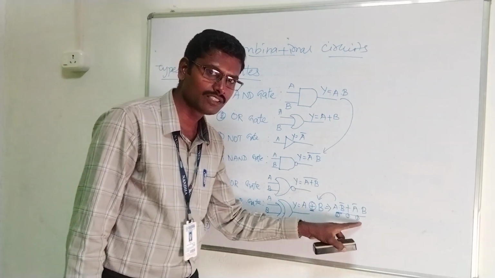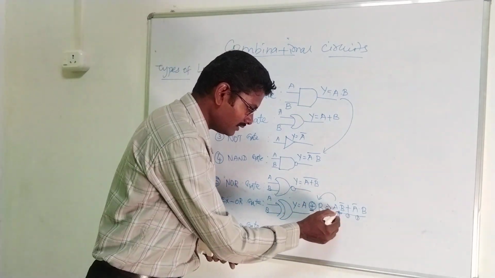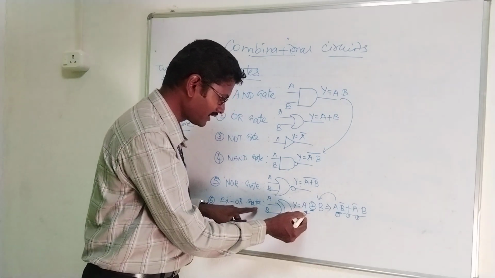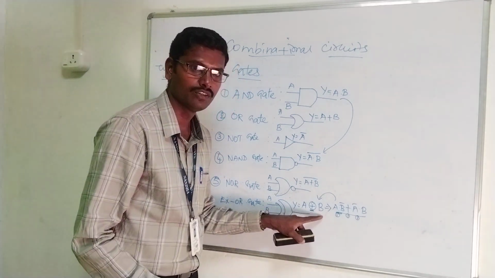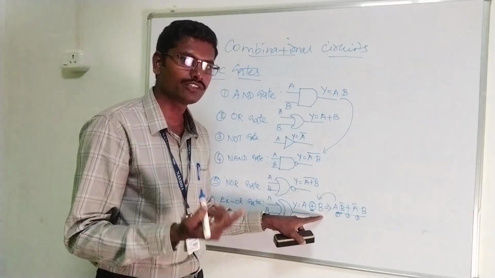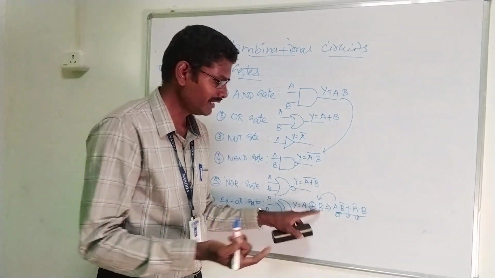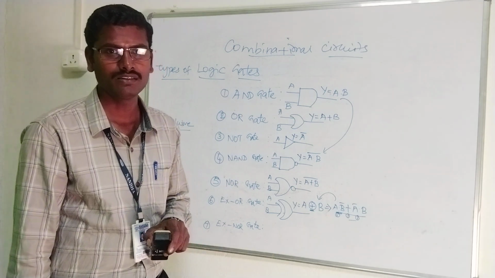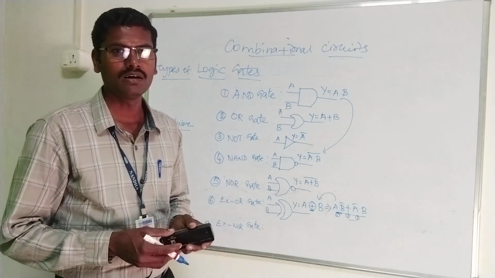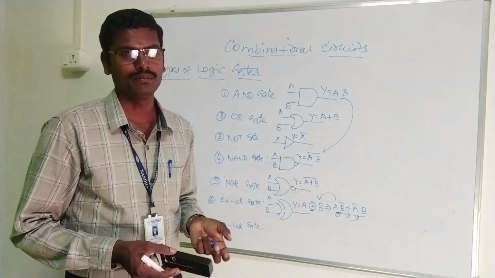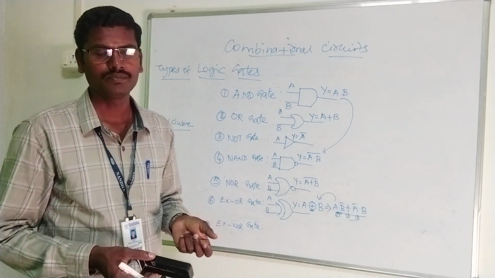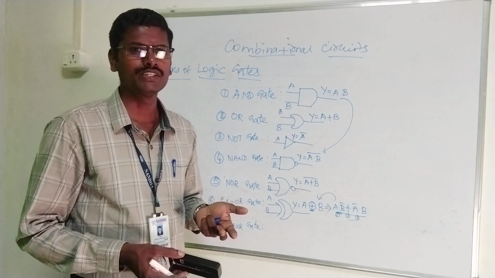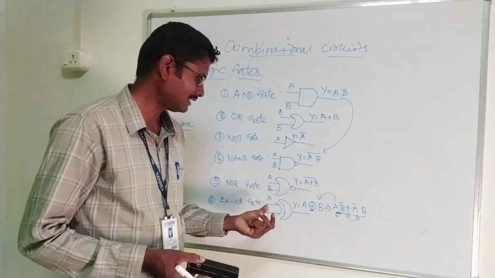So totally we need three gates, but the same expression can be implemented using the XOR gate with A XOR B. So a single XOR gate is enough instead of three gates, right? So the cost as well as the simplification time, these two are the major advantages of using XOR gate,